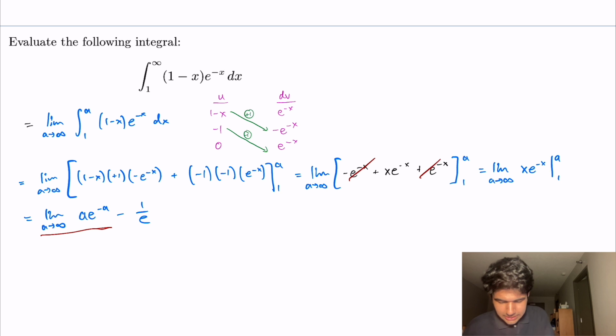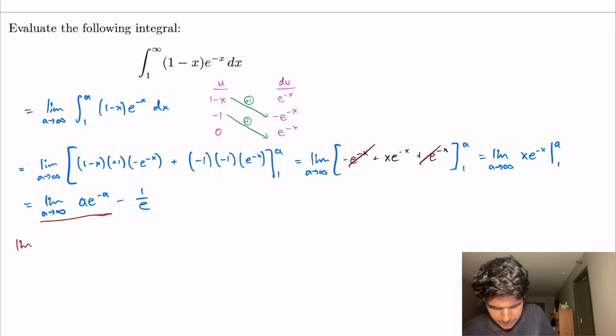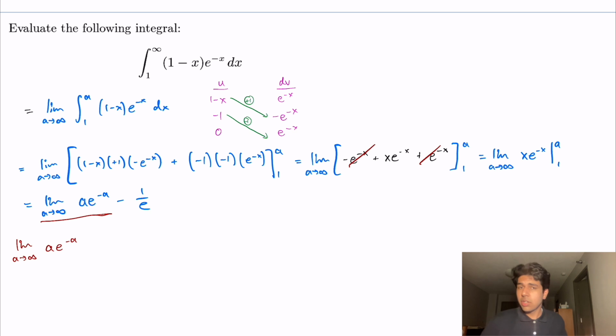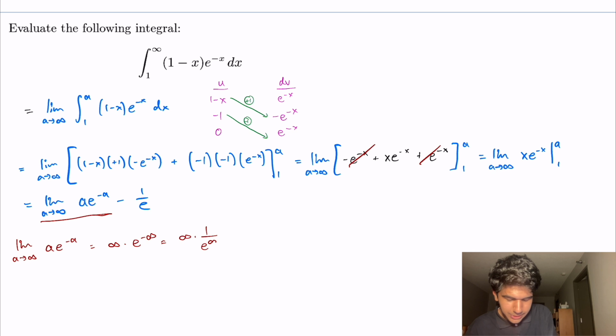So let's handle that separately. The limit as a approaches infinity of a e to the negative a, let's just see what happens when we plug in infinity for a. That will be equal to infinity times e to the negative infinity, which is equal to infinity times 1 over e to the infinity, which is infinity over infinity. That means we have to use L'Hopital's rule. So let's